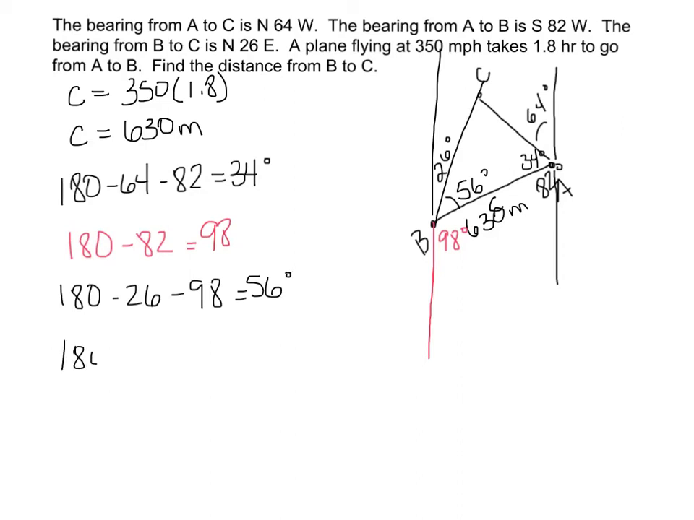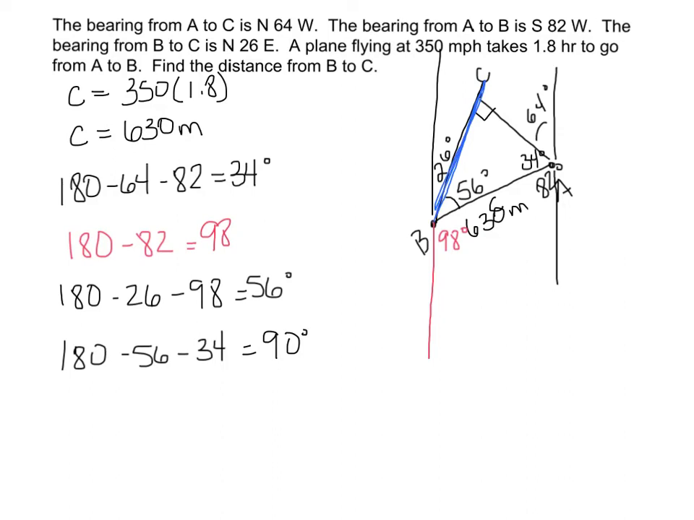Inside the triangle will be 180 minus 56 minus 34. And angle C is a right angle. Certainly not drawn that way in this picture, but it does calculate that way. So now again, if we're going to find the distance from B to C, I'll highlight that in blue, this distance here,